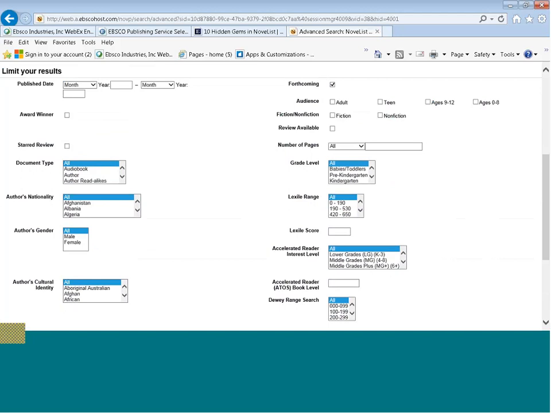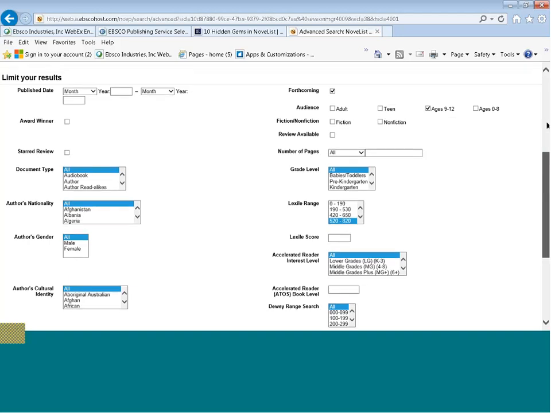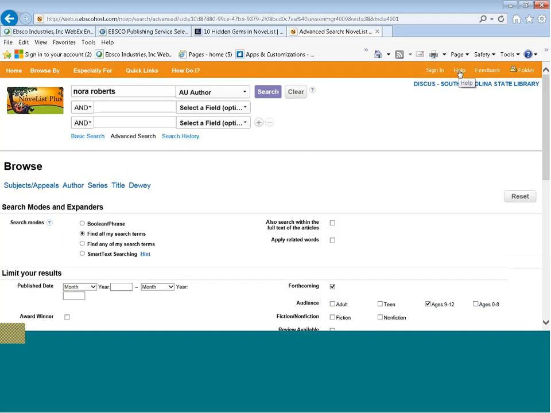The reason is, if I choose, say, a 4th grade reading level here, and I want to find a book on horses, a lot of adult novels are written at the 4th, 5th, 6th grade level. So to make sure that I'm limiting, if I'm not in NoveList K8, if I want to limit to my 4th grade age appropriate, then I'd also want to choose the audience level. And again, you can come up to help and query Lexiles.